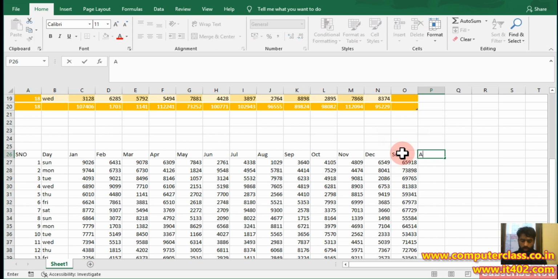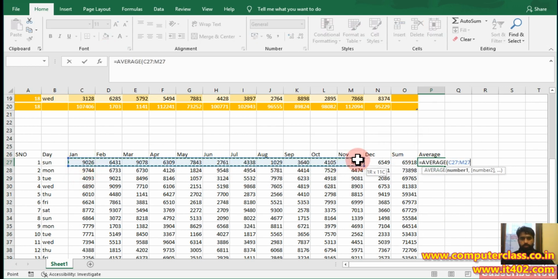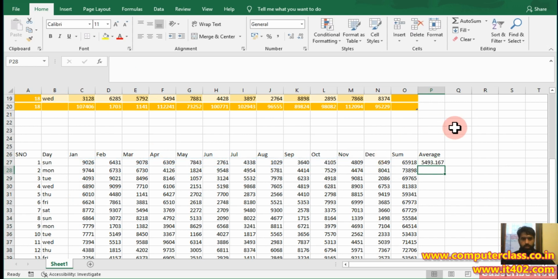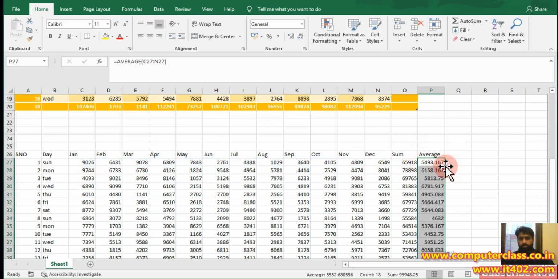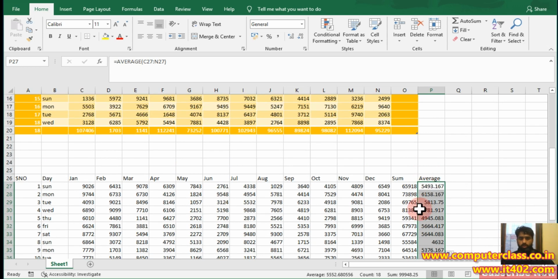If I am using the average formula, I give the range, and after putting this average formula in cell P27, I need to drag it for any other cells. Okay, so this is the problem, this is the wastage of time.